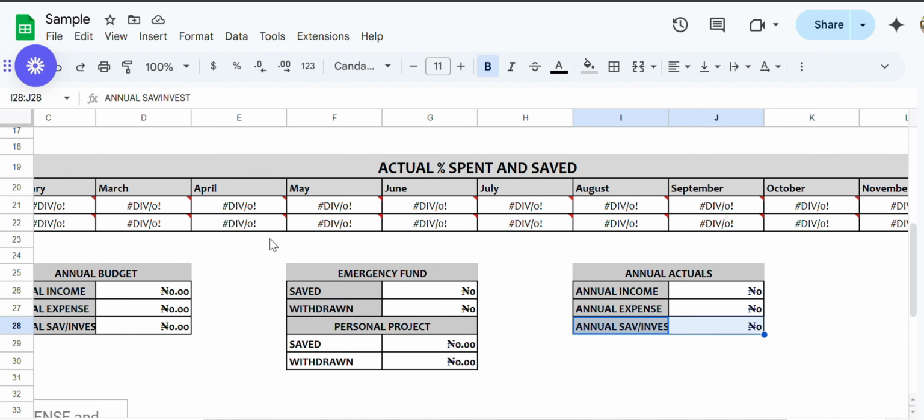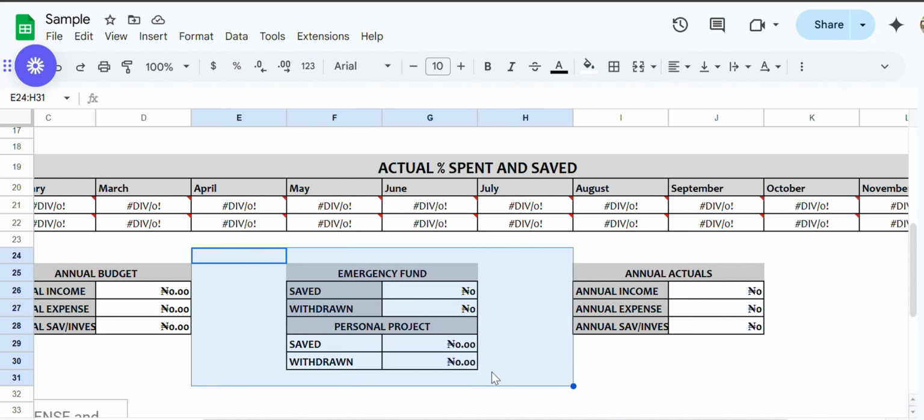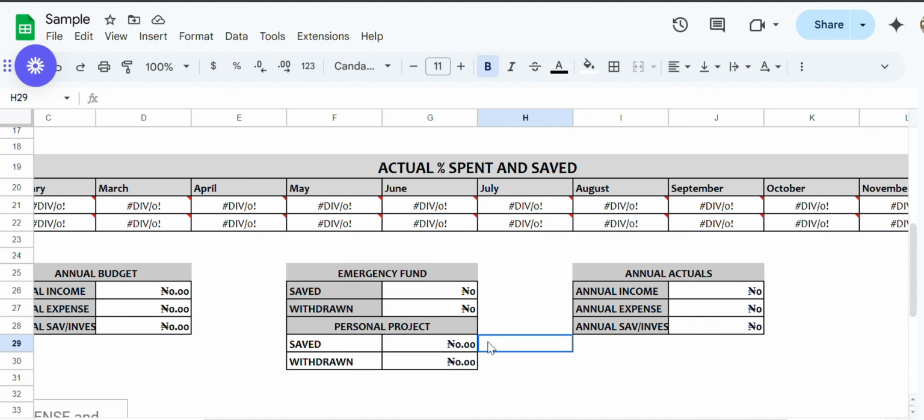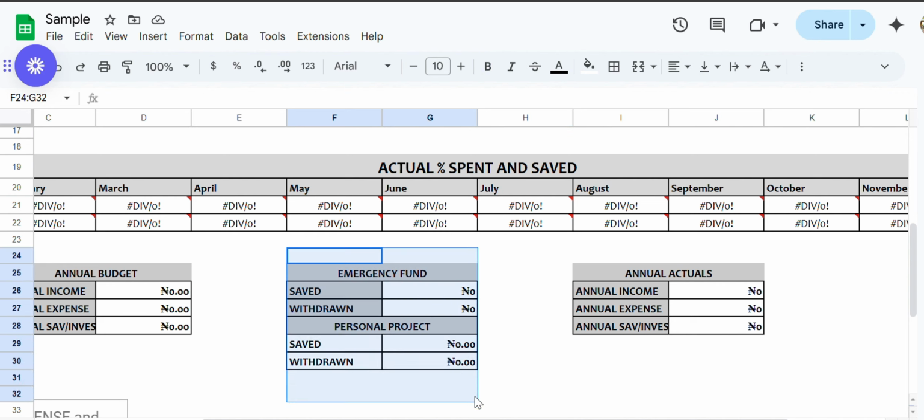So I added this bucket here. That was a while back because I've been using this template for over a year. So I added it, I think about 2 months ago. Reason being that you save some emergency fund and it's possible that you withdraw it, and then you save for a personal project and it's possible that you withdraw it. So the reason why I added this is so that the emergency fund and the personal project fund, which were actually spent,